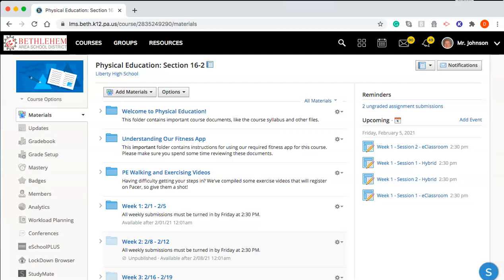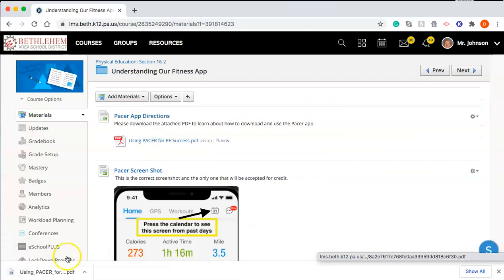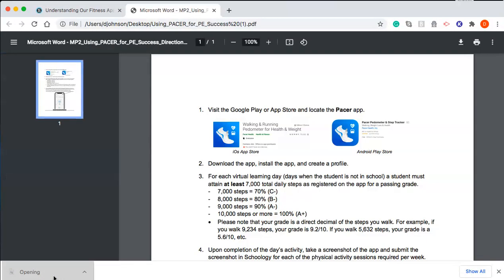The first thing I wanted to do was to just walk through how to use our fitness app. Normally, I've talked through this on Monday for the eClassroom students, but attendance was pretty poor. So remember, that's a requirement. If you're an eClassroom student, you need to be there. You are graded on your attendance. Hybrid kids, generally we go over all this in person at school, but because we didn't get a chance to do that, I wanted to put together this video so you can walk through it and hopefully have any questions answered. So the app we use is called Pacer, and you can download the app either in the iOS App